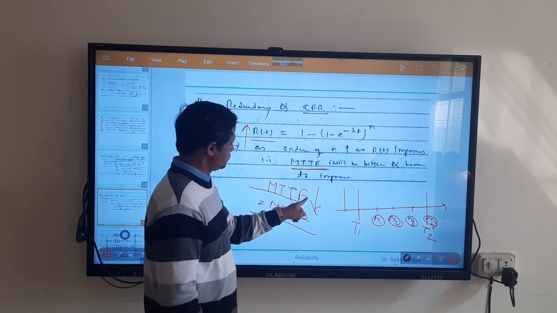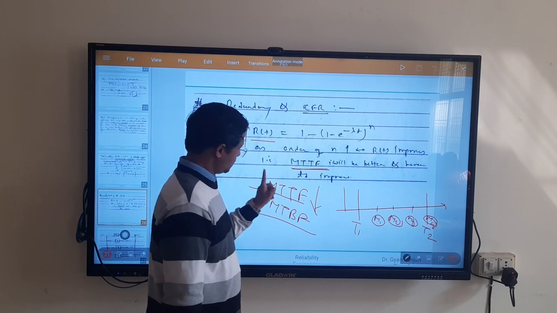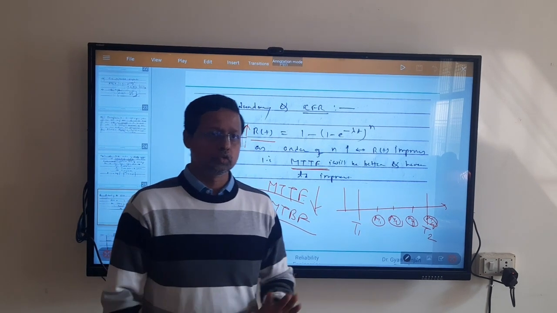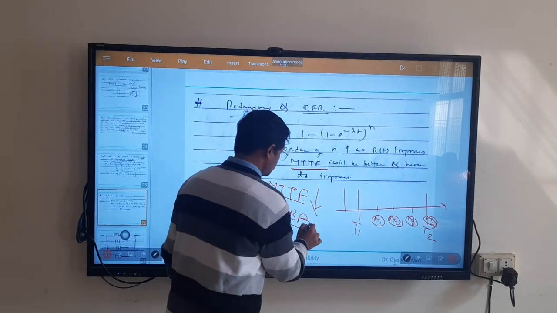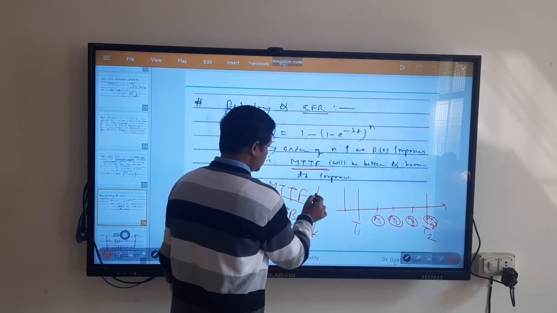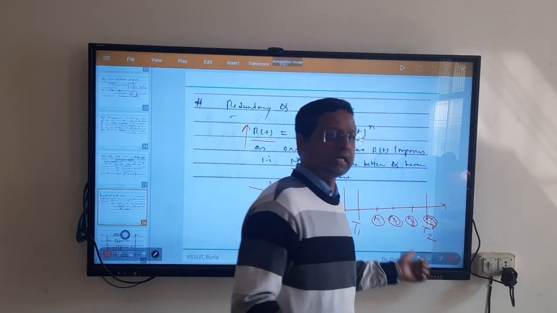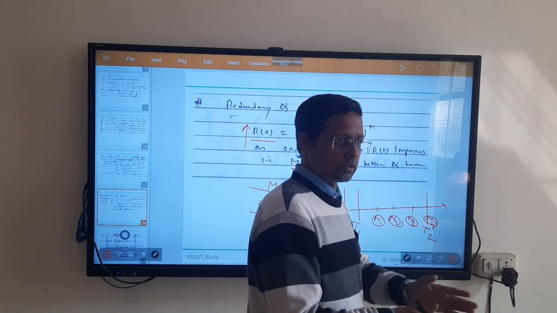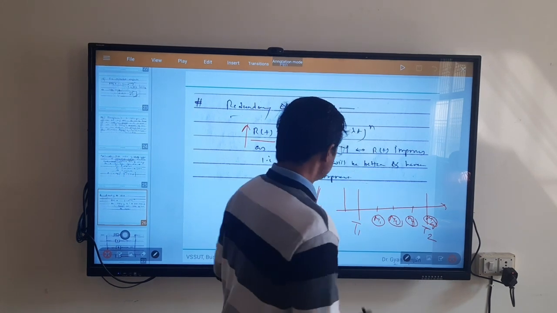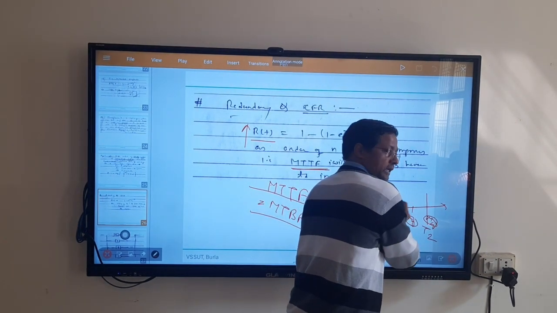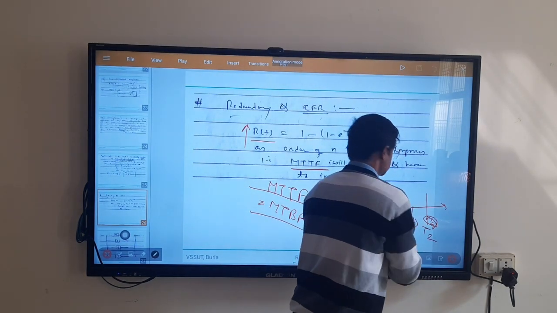Mean time to fail, or mean time to failure, or mean time between fail. So you can only increase these two components. That means if the failure rate is reducing, it is improving. It is an index of failure, right? So it should reduce, it should be on a negative scale, right? If it is there, that means the horizon between the two maintenance periods is increased.